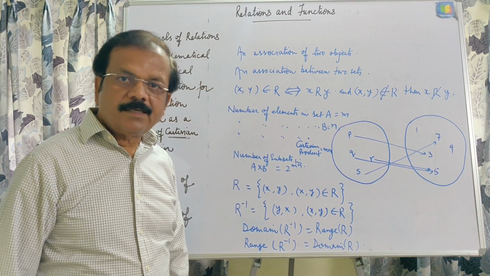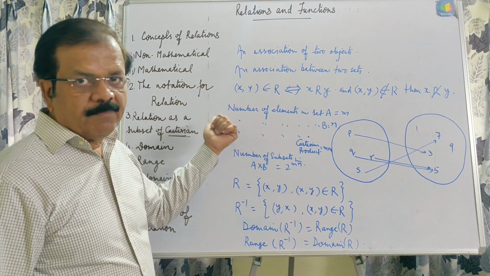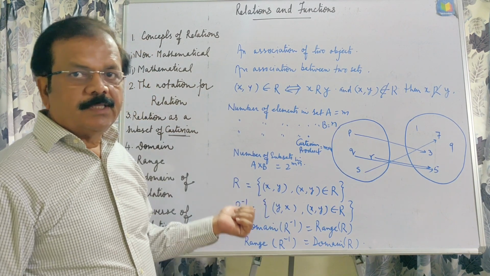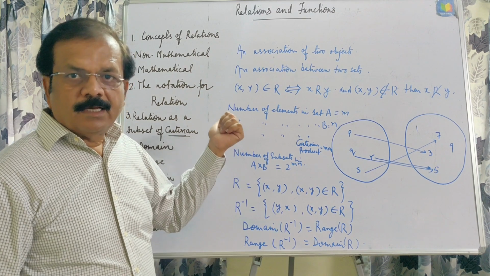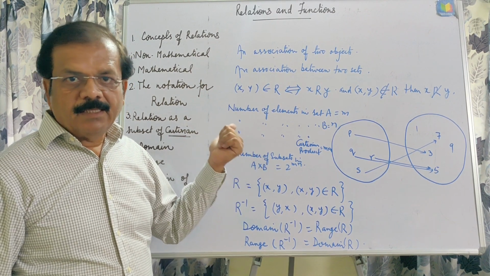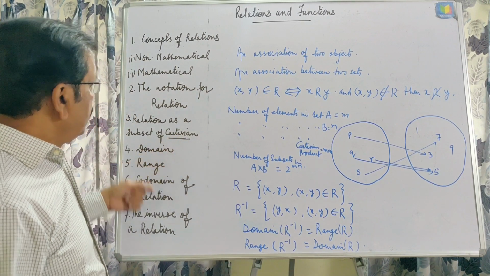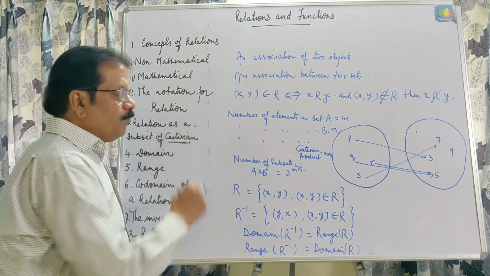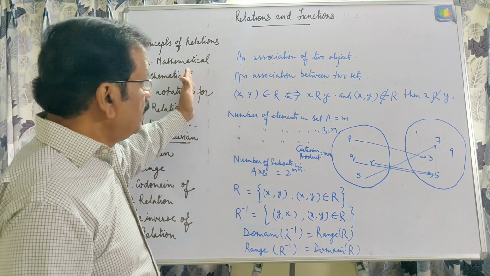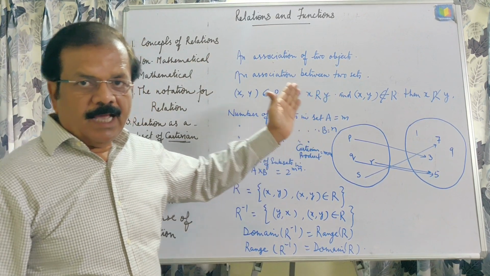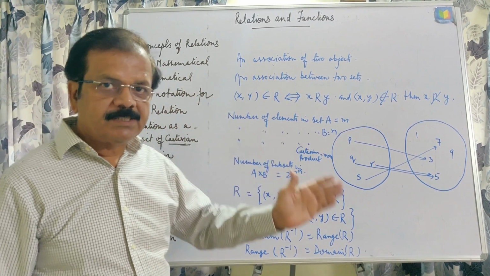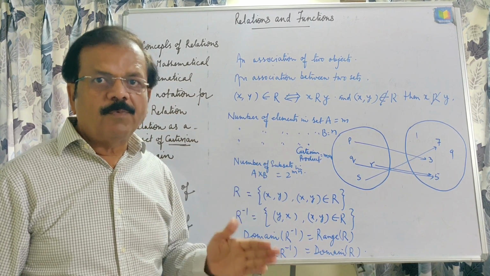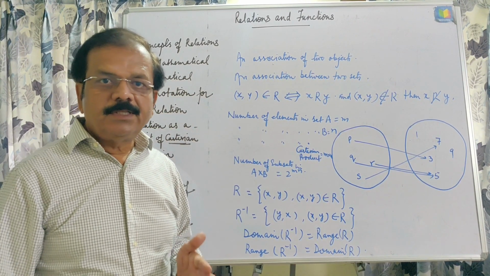If the number of elements in the first set is m and in the second set is n, then we already studied in the last video that the total number of elements in A cross B will be mn. And we get a relation as a subset of the Cartesian product because, whenever we are going to find a relation in mathematical terms between two given sets, first of all we should write the Cartesian product, that is, all possible ordered pairs between these two sets.